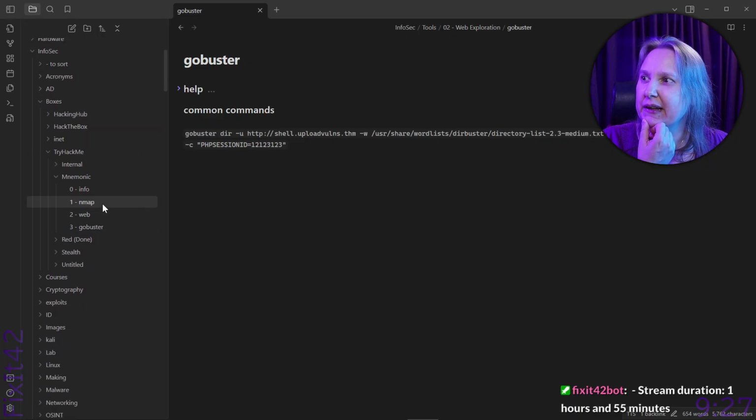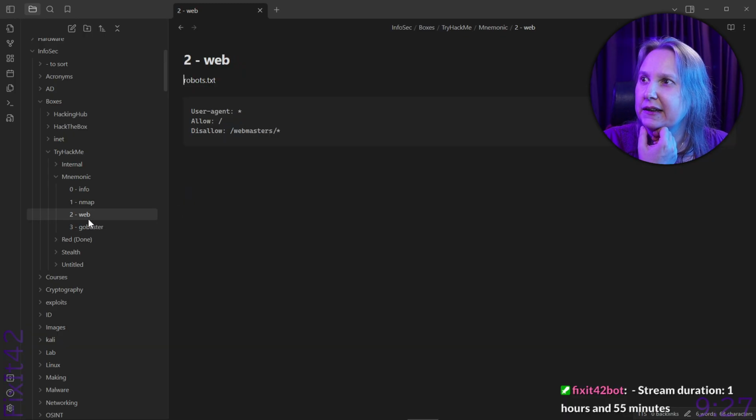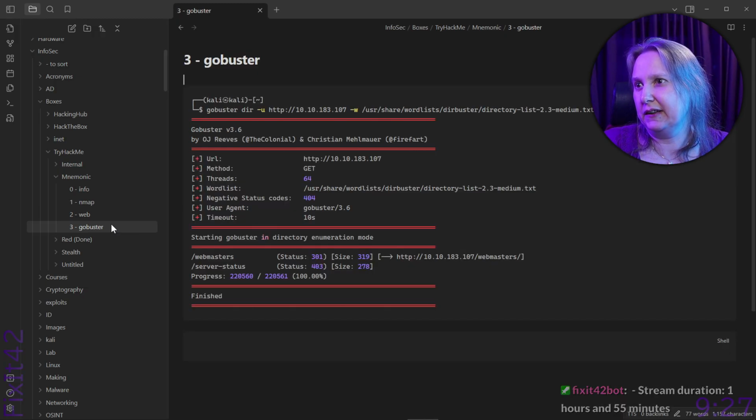But so far we did Nmap, we found that we have SSH here, and we have 21 and 80, and then we tried the web, we found this web mouters, nothing more, there's nothing on the pages, and then we're doing more GoBuster.